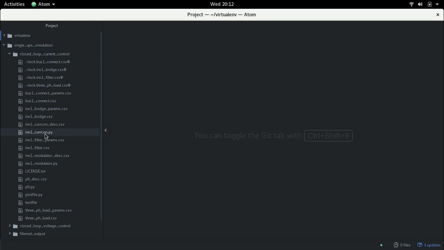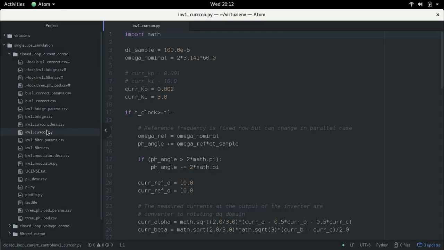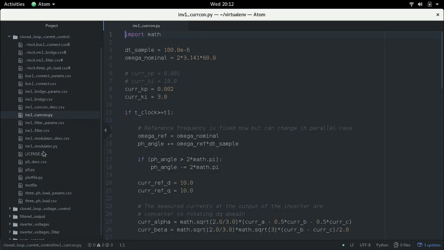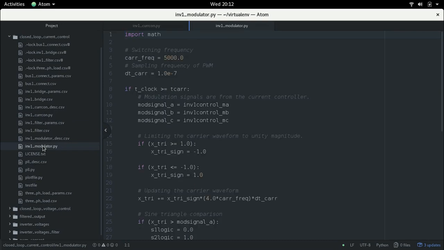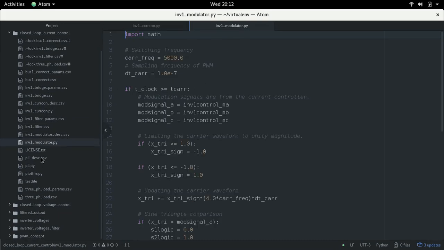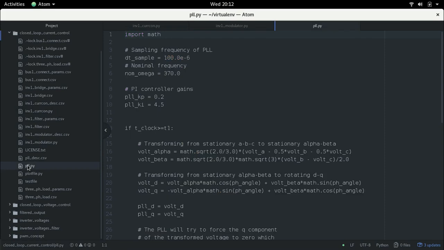So there's inverter1.pi, current.pi, and as you can guess, that's the current controller. There's inverter1 modulator.pi, as you can guess, that's a pulse width modulator, and there's one other weird little file. Let's open that. This is called PLL. Now, in reverse order,